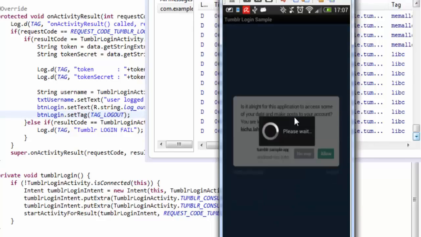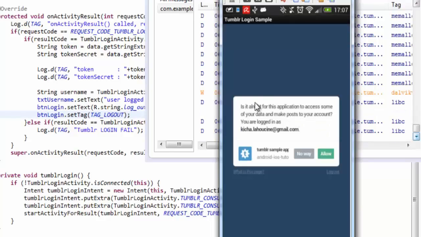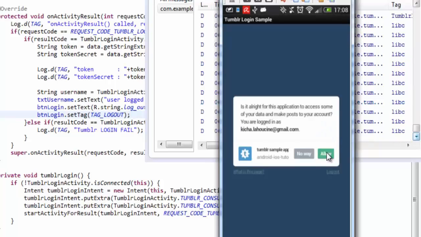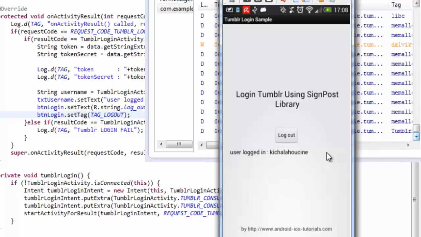Waiting for the operation here. As you can see, it is alright for this application to access some of your data and make posts to your account. You should accept this permission to enter the application here to accept the login operation. So hit the allow button here, the green button,